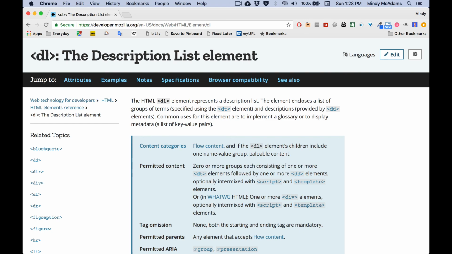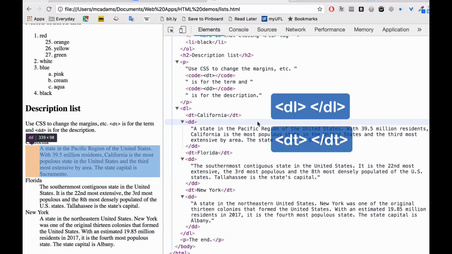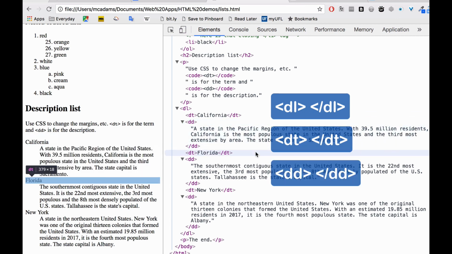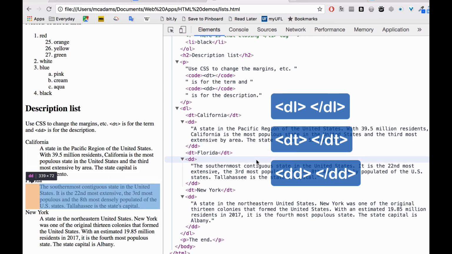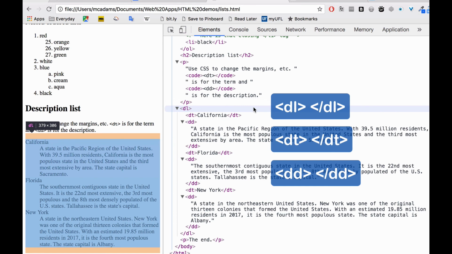And the description list is surrounded by DL tags. So the element for a description list is DL, and its items are DT and DD in a pair. So each item has a DT for the term and a DD for the description itself, and the list overall is surrounded by